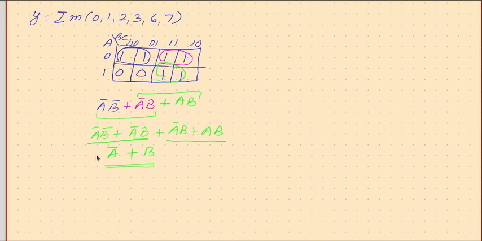So what is a bar? A bar means this one, and in this term b and c are missing. That means b should not be the same, c should not be the same. In these two cases b is same, in these two cases c is same, in these two cases b is same, in these two cases c is same. So sometimes b is same, sometimes c is same, but all the time none of them are same. So what did I do here? A bar b bar or a bar b. This is a bar b bar, this was a bar b. I combined these two and I got this.